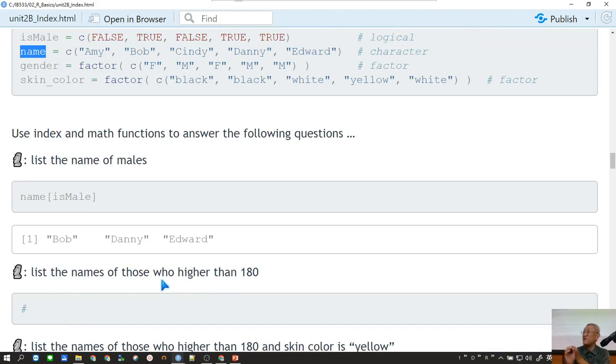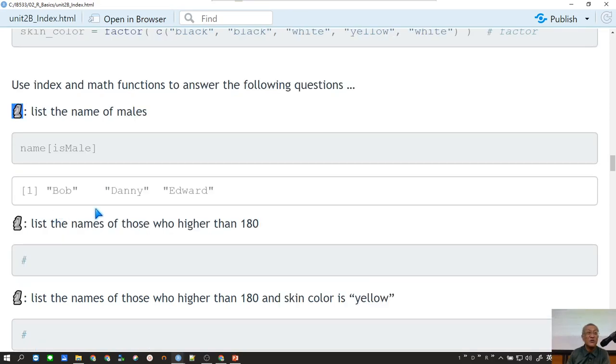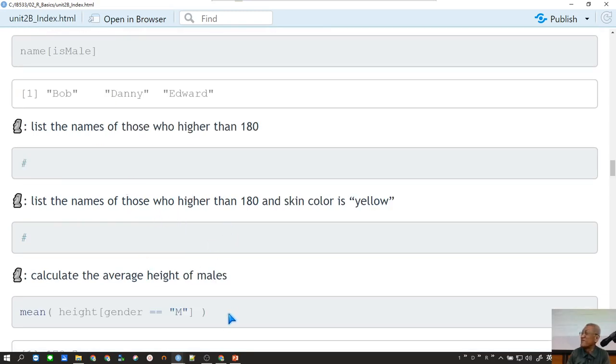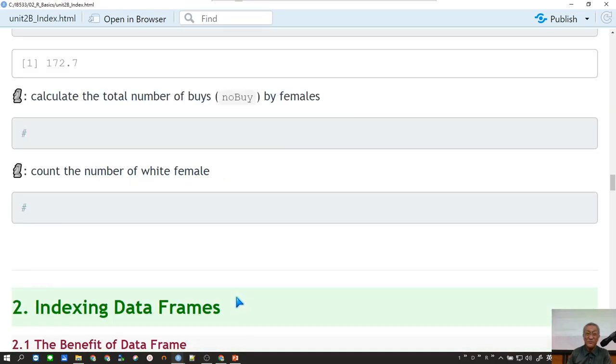Sometimes I'll give this symbol, which means it is a quiz that I want you to do either in class or as a homework assignment. So in this case, I want you to do the rest of the exercises. If you have questions in doing this, you can go to the